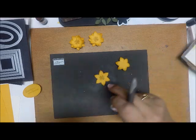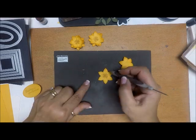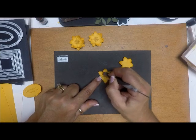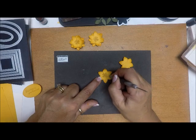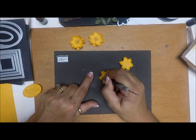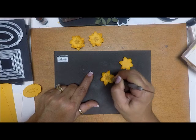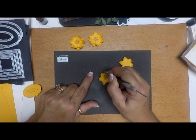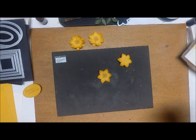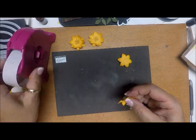Now with the one that has the stamping in the center, I'm going to keep that one face up, and I'm going to do the same thing. I'm going to rub my pierce tool edge in each one of my leaves. Now there is a special tool out there that you could get to do this, but like I said, this works just fine. So now I'm going to take some glue dots,